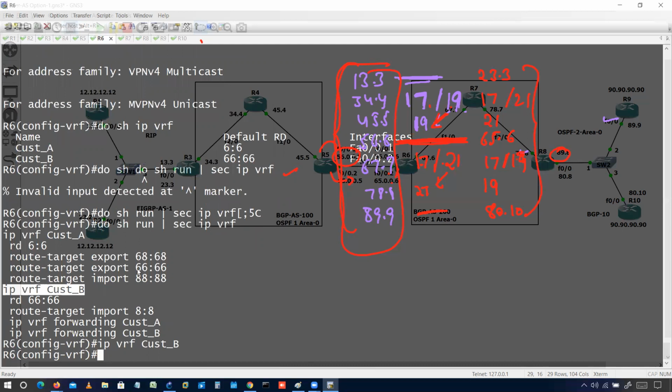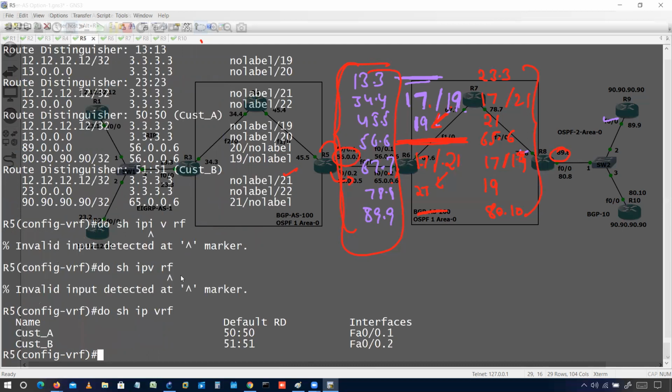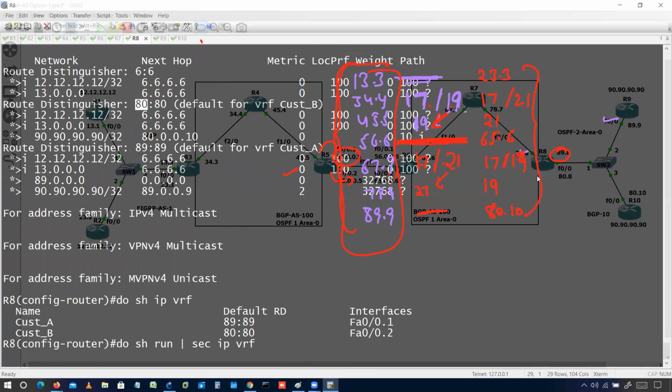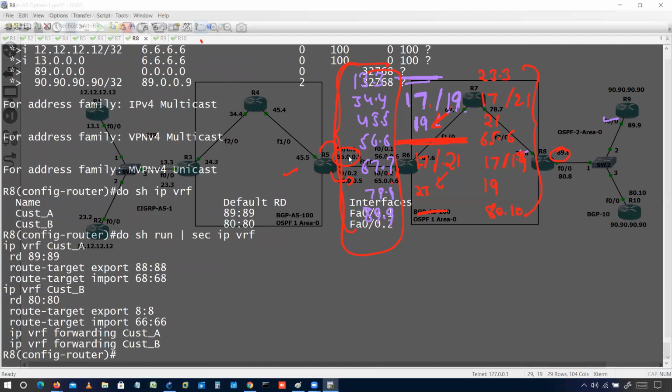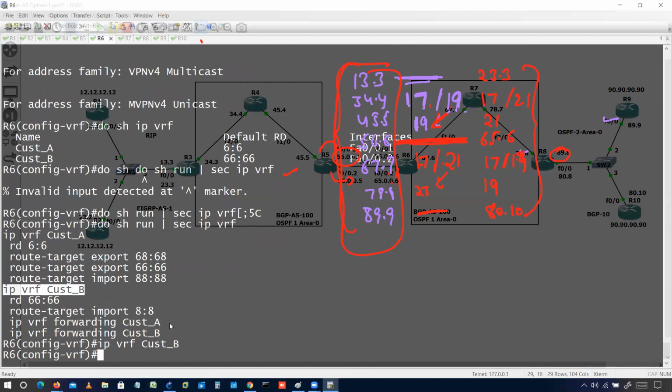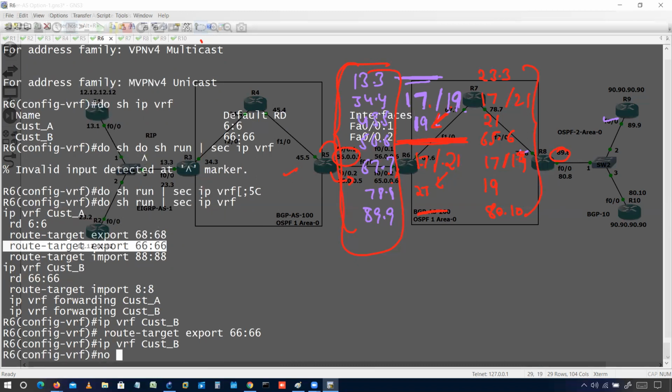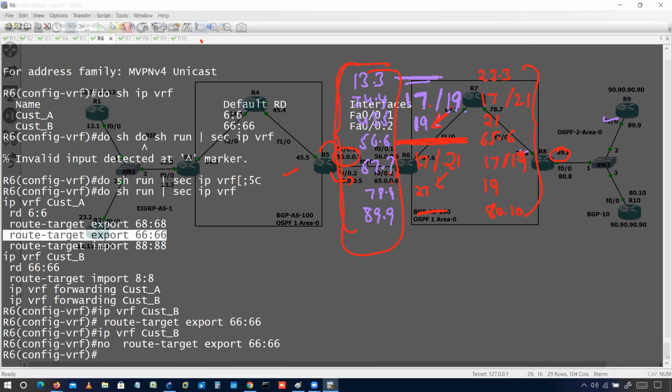Okay, this was the issue. What I am exporting on R8 was sending the traffic into another VRF. That's right. So in customer B, we are exporting 60, 66. This should not be here. This should be here. And in IP VRF customer B, I have to remove this command. So this was a mistake here.